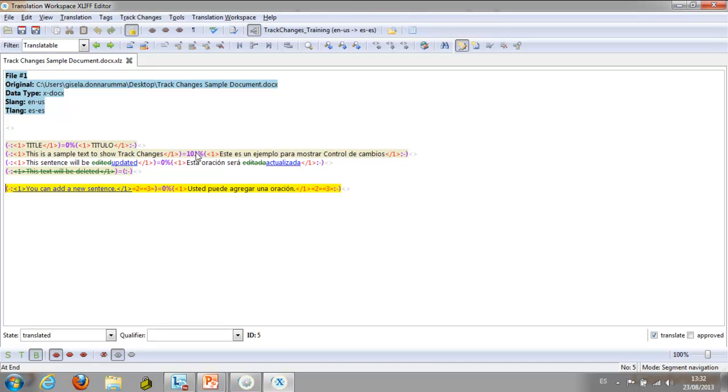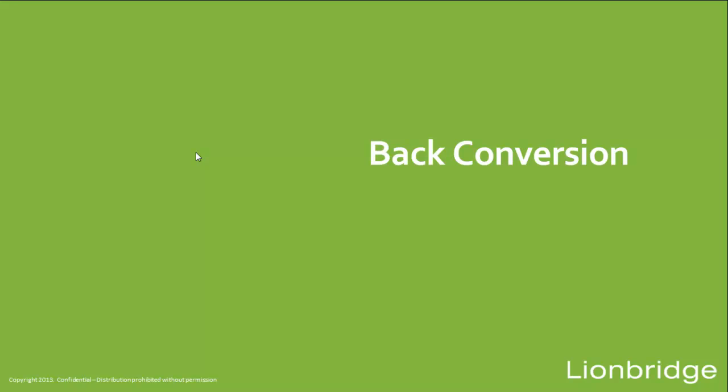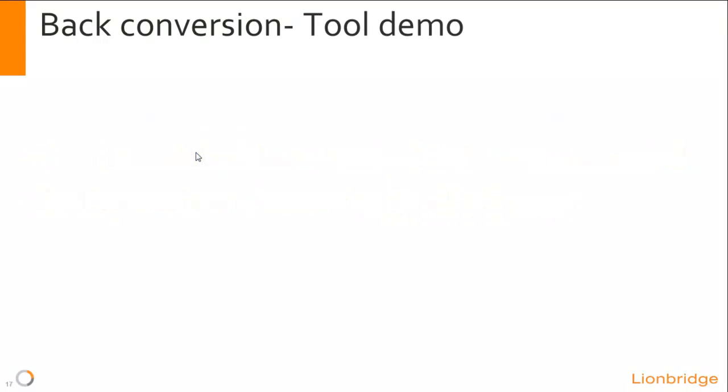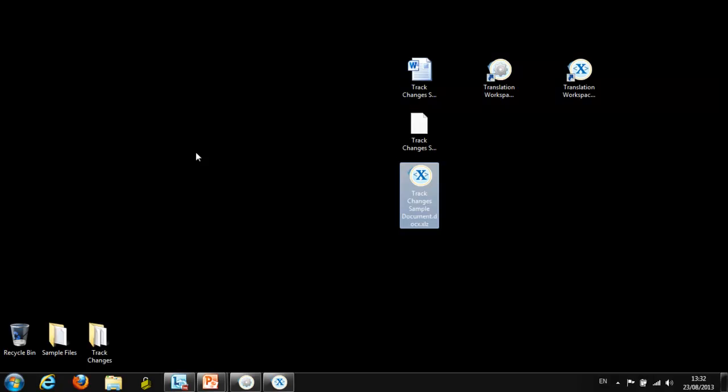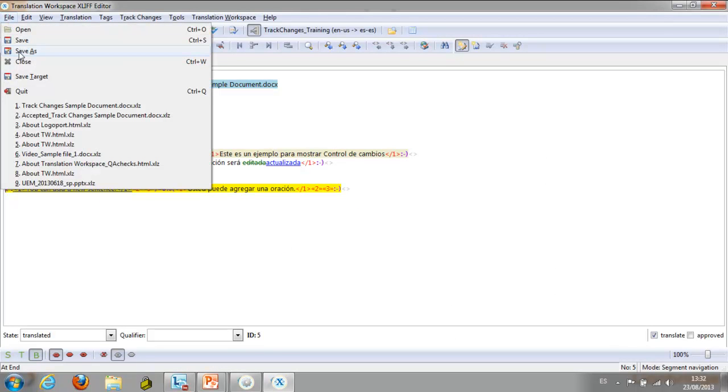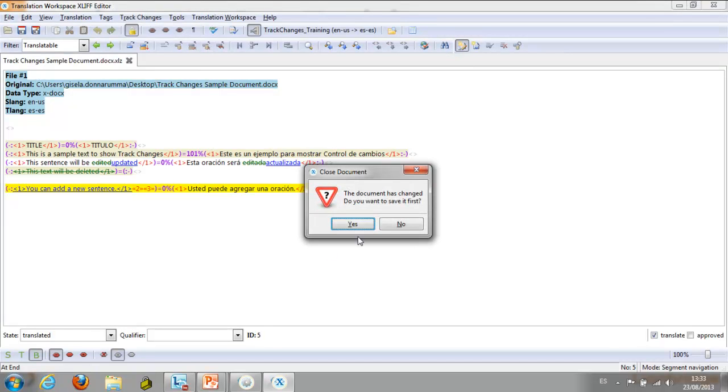Now let's go and back convert. We can back convert to the original file format and get the final translated document, or in the case of Microsoft Word files, we might be interested in running further reviews and preserving the track changes. Let's back convert our sample document. We can go to XLIF Editor and click on File, Save Target,